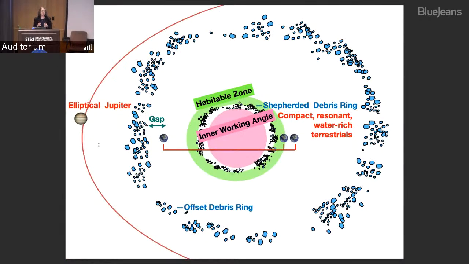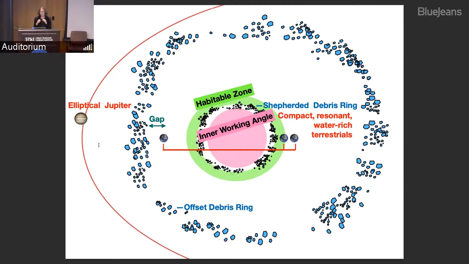Here's an imaginary system where we can start in the same way to piece together how the different components tell us about the potentially habitable planet in the system. In this imaginary system, we have several terrestrial planets that have been discovered. They're water-rich, they're compact, they're in a resonant chain, and one of them is in the habitable zone. The habitable zone one has an inner debris ring that it's shepherding, and that gives us constraints on that planet's mass. And the composition of the debris ring also tells us something potentially about the rocky parts of the water-rich terrestrial planet.